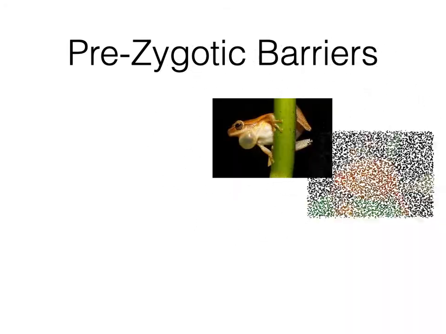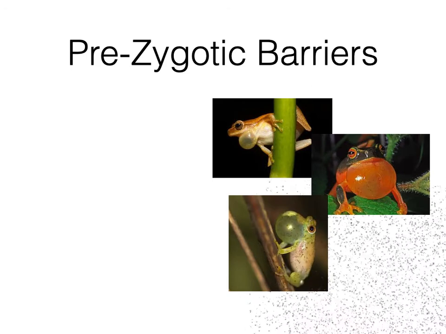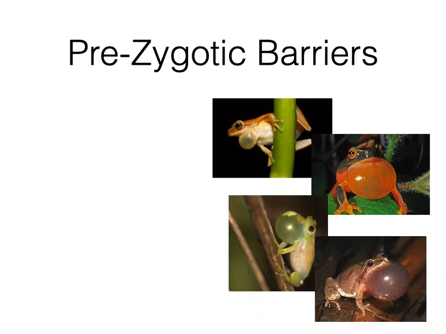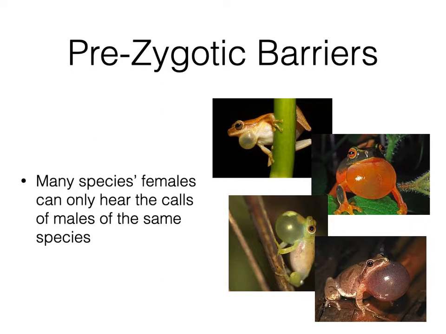Another prezygotic barrier is one that we've discussed already in class when we're thinking about different species and species concepts. So we all have pictures of these different species of frogs, and all of these frogs, I think except for maybe one of them, all live within the same environment. Okay? But they all have distinct calls. And as I mentioned before, many species of female frogs can only hear the calls from male species. So it's not just that females in some cases are only interested in hearing a particular call, but different species of frogs have become so specialized that the females only have auditory physiology that can hear the calls of their males.